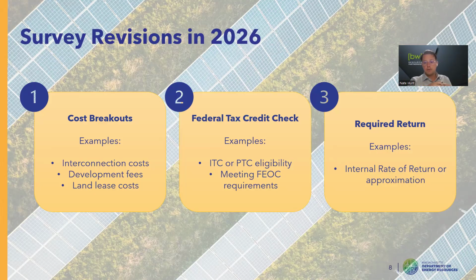These were two areas that were raised by stakeholders as particularly volatile and might not actually roll up into the installed cost estimate as neatly as some other elements do. And so breaking this out